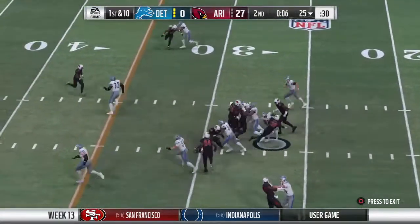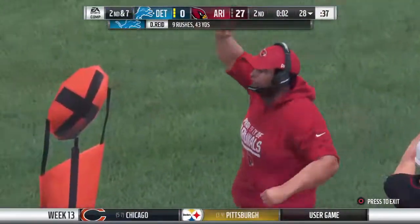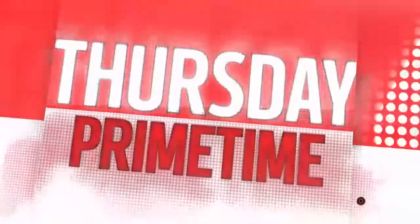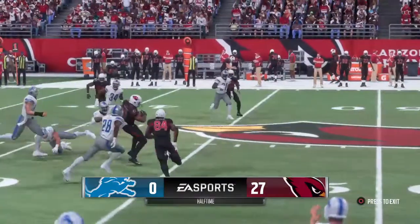And he'll give it here to his running back. So we reach halftime here in Glendale with the Cardinals on top. As we send you on down to our studios in Orlando, where standing by is Larry Ridley with our EA